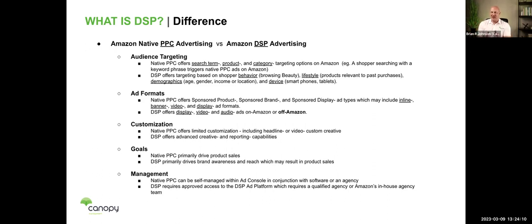So hopefully everybody understands that when I talk about native PPC, I'm referring to Sponsored Products, Sponsored Brands, Sponsored Display, okay? Native PPC, as we know on Amazon, offers search term targeting. We actually opt in for keywords, but ultimately it's the shopper using a search term, right? So I'm saying search term targeting, product targeting, category targeting. In this case, a shopper searching with a keyword phrase would trigger a native PPC ad